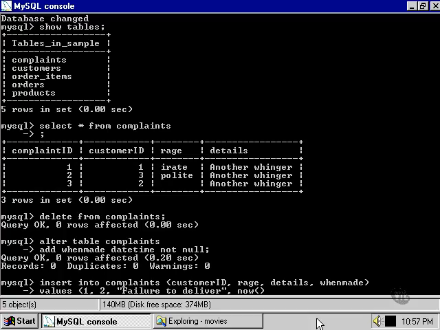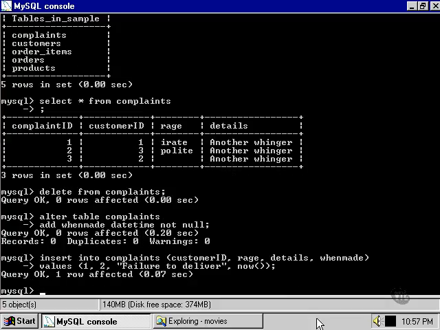It inserts the date and time into that column without us having to check the time and find out what it is. I say that now is a very handy little function because it works not only with the datetime column type, but also the other time and date columns that we're going to find out about later in this movie. For now, let's insert this piece of data into our complaints table and take a look at what